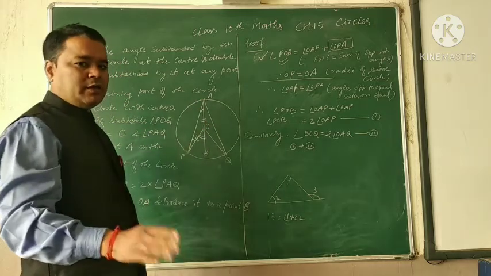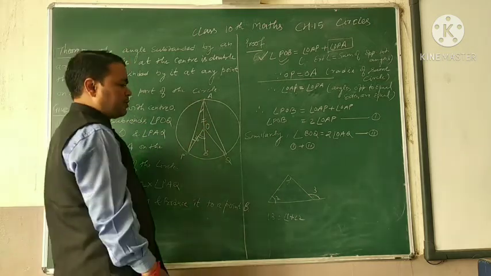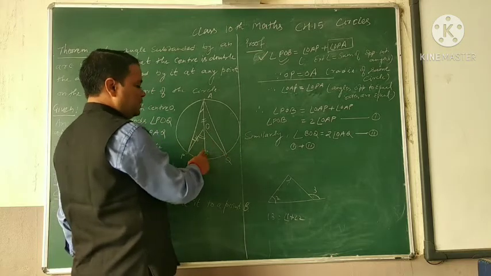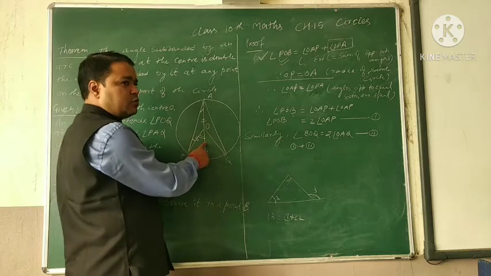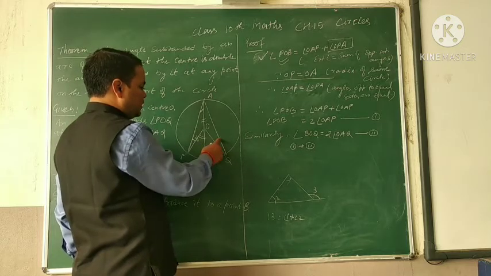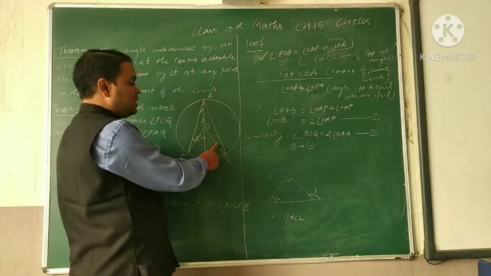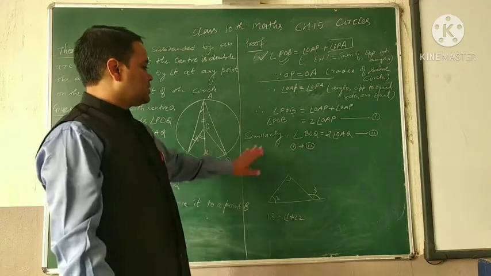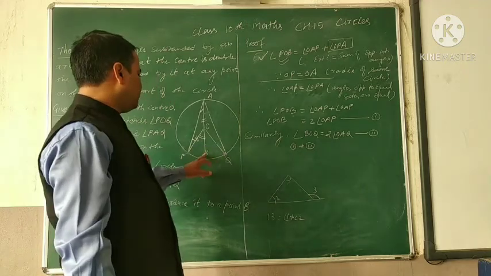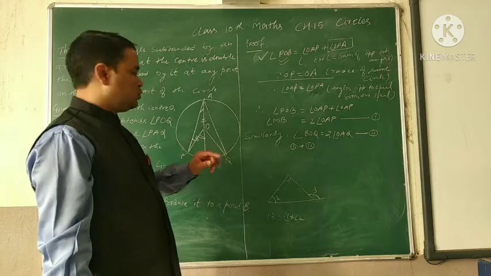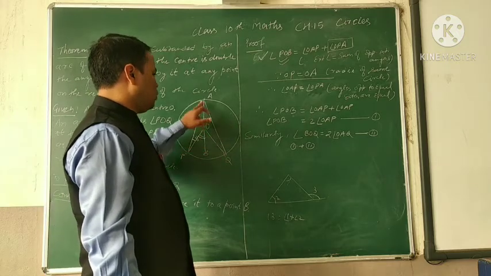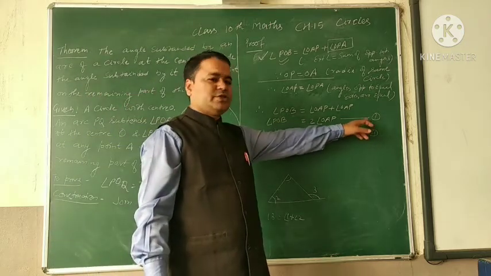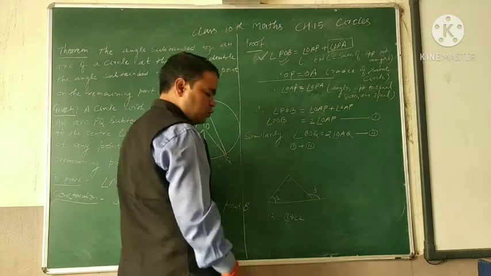Okay. Similarly, we can also prove that angle QOB, means this exterior angle, is equal to the sum of the two opposite interior angles, this angle and this angle. Again, this angle and this angle will be equal. In this way, similarly, we can prove that angle BOQ is equal to 2 times angle OAQ. Okay, in this way we have two equations. Now add these two equations.